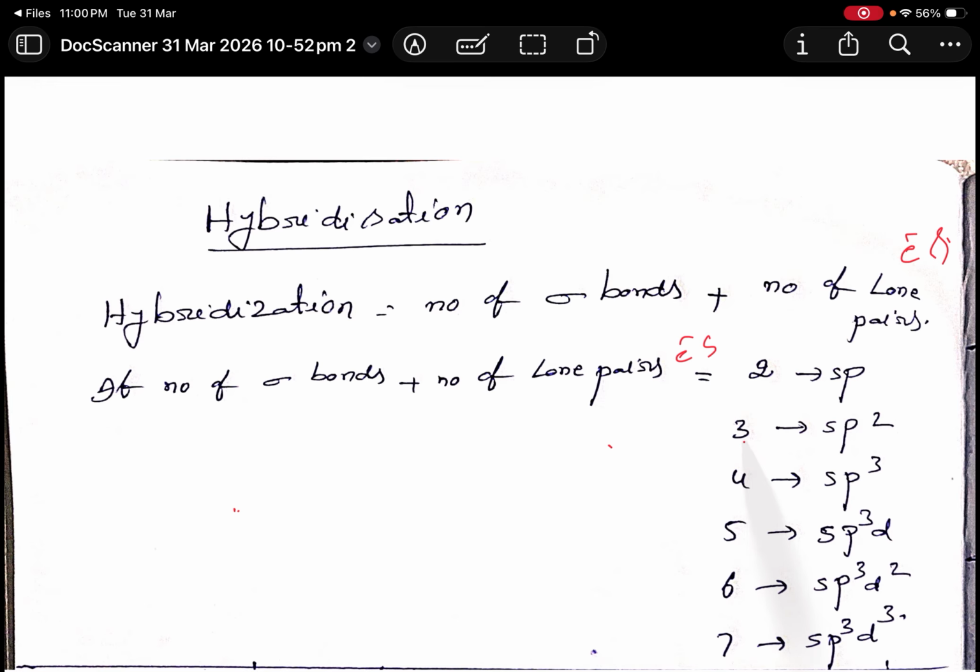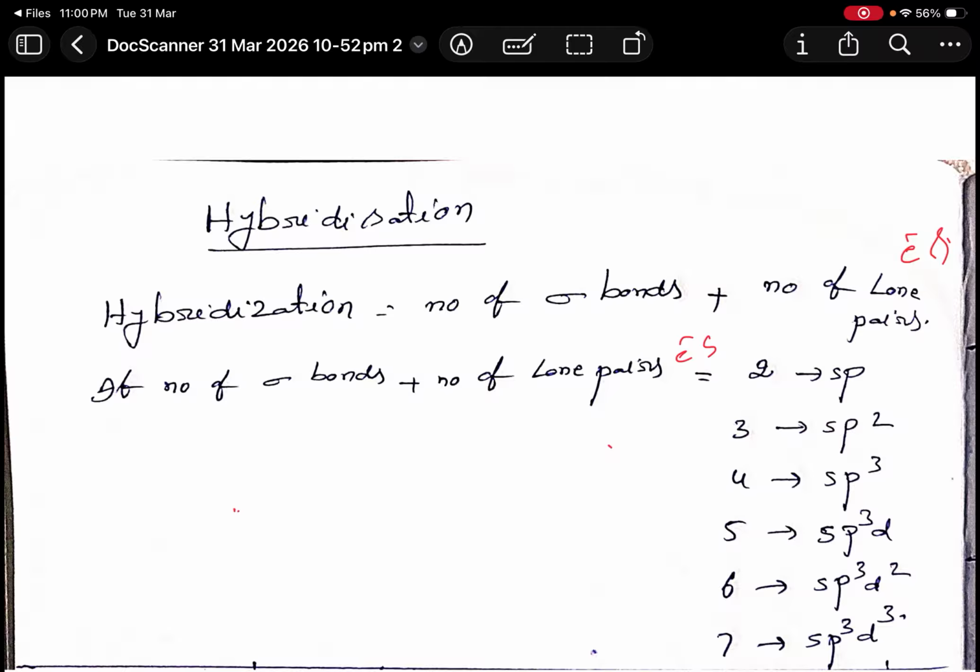If the total number is 3, it undergoes sp2 hybridization. If the total number is 4, sp3 hybridization. Total number 5, sp3d hybridization. Total number 6, sp3d2 hybridization. 7, sp3d3 hybridization. You can easily know the hybridization of the molecule based on the number of sigma bonds